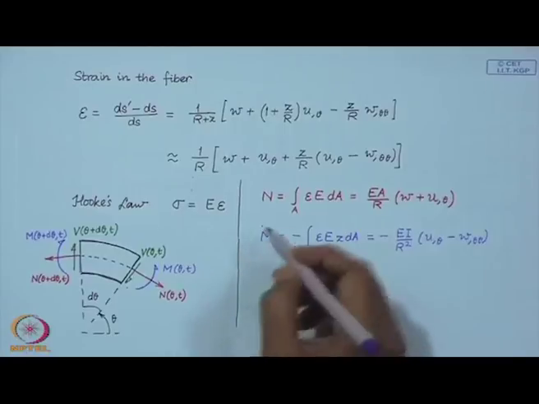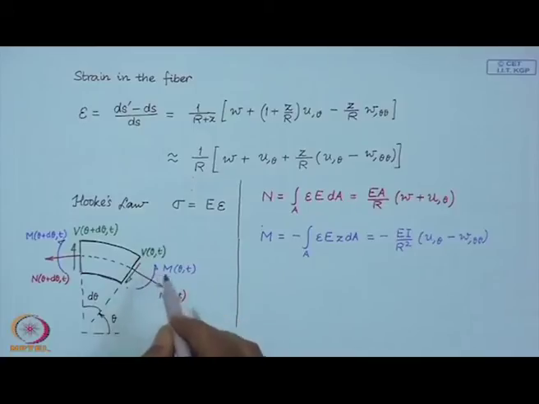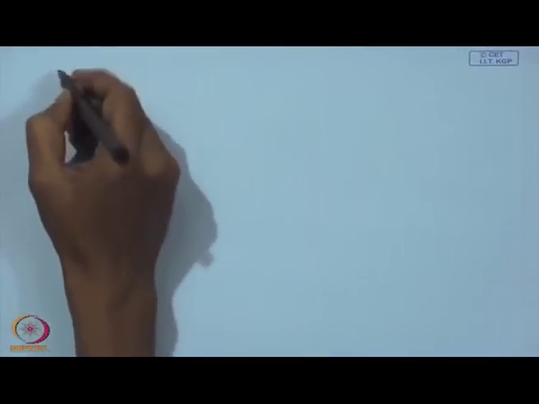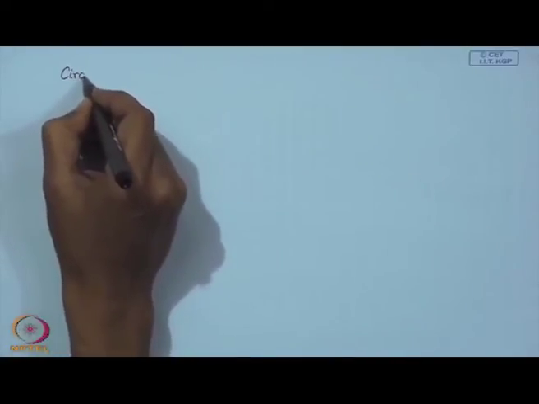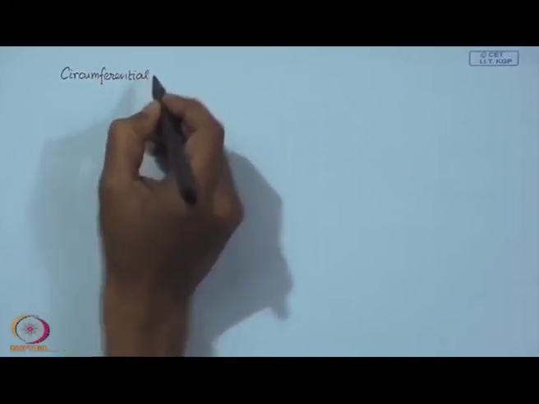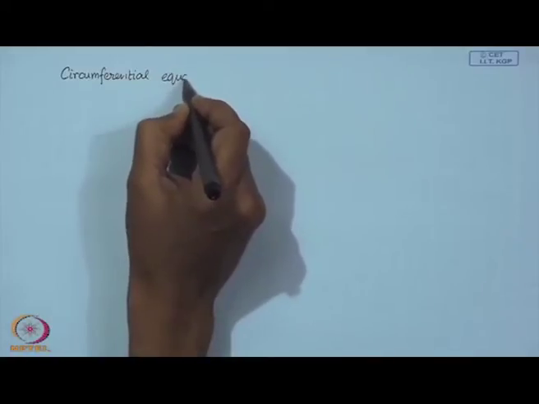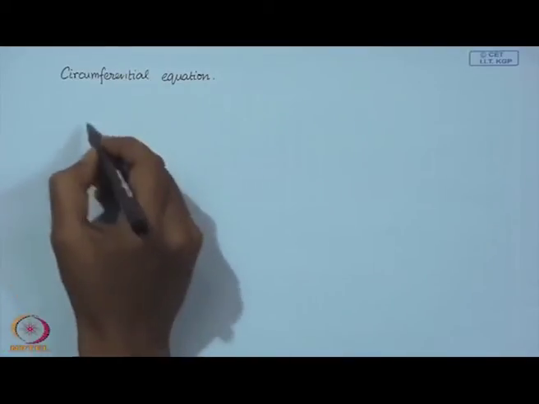Now, the shear force, as I have mentioned, we do not consider shear, so it is infinitely rigid in shear. So, that will come out from the equations of equilibrium. So, let us now start writing the equations of equilibrium. So, first we will write the circumferential equation. So, that reads,